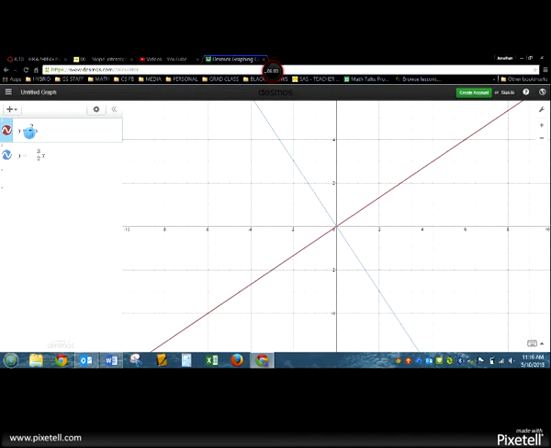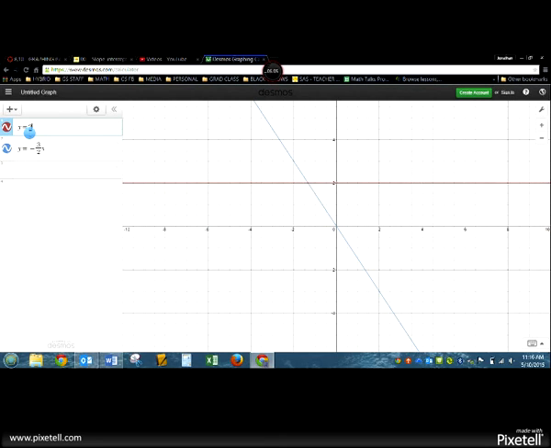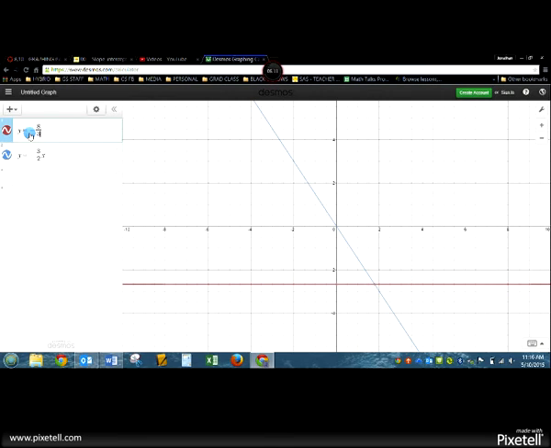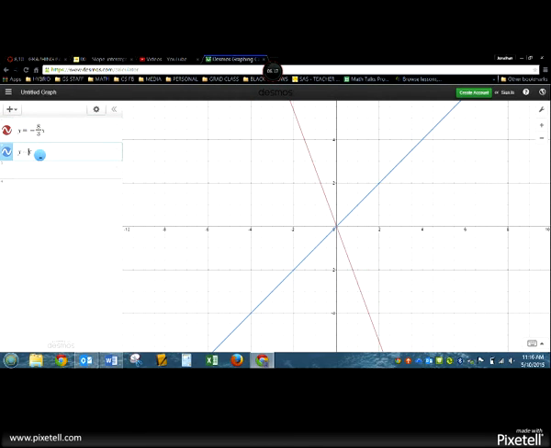What if I start with negative 8/3x? What would be the reciprocal of negative 8/3? It would be 3/8. And every time I do the opposite reciprocal of the slope, I will get